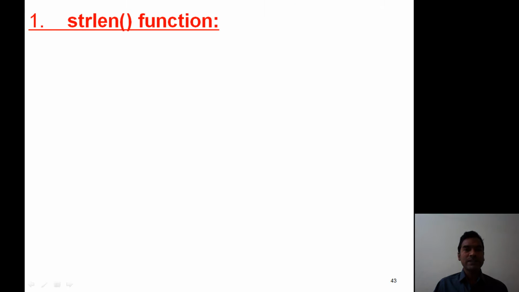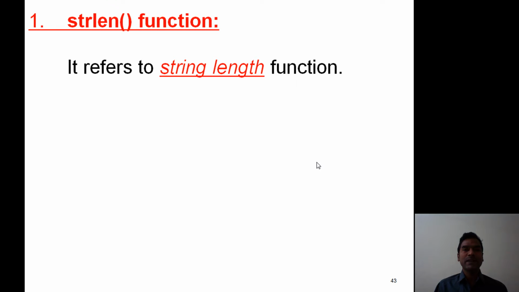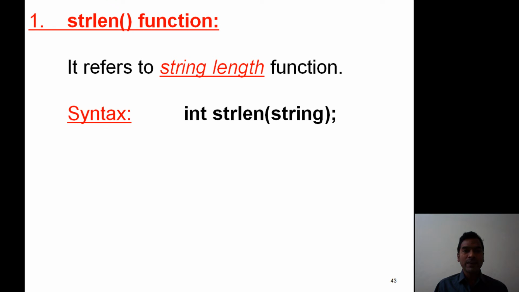Now let us discuss these functions individually. The first function is the strlen function. Strlen stands for string length function. This library function is used to find the length of the given string.